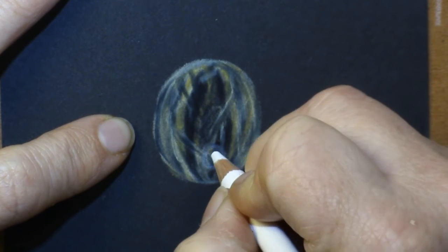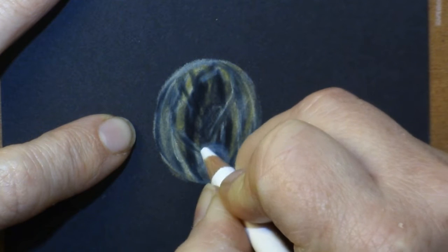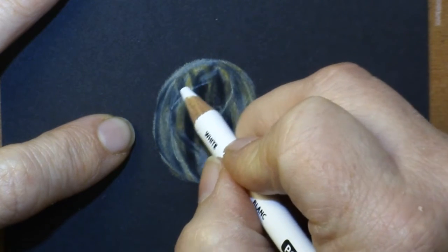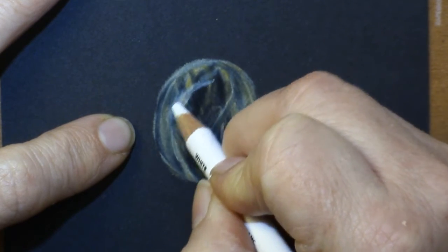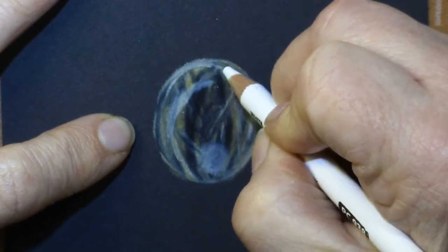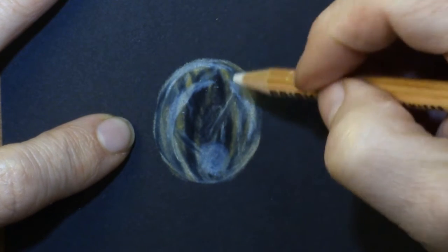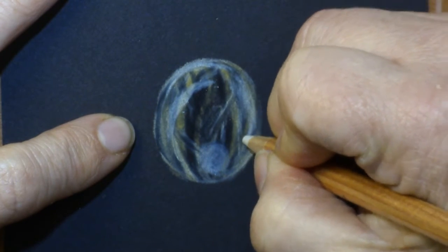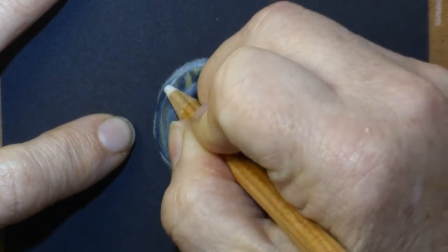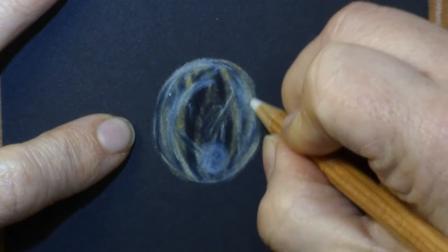with the white pen. But I want sort of a diffused white out around the edge of it. So I'm going to give it a bit of that, which will be that brightest highlight. And then I'm going to take a little bit of the white away from that bright highlight and make a little bit more of a diffused highlight out there. There will be colorless blender next, and then after I get the legs on, we'll finish this gem with a little bit of the white Signo pen. But for now,